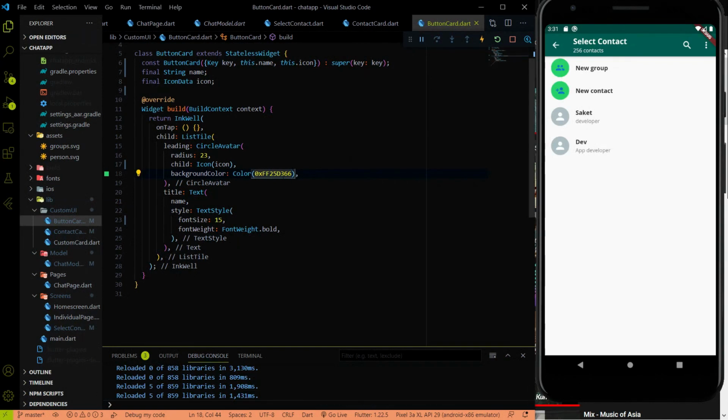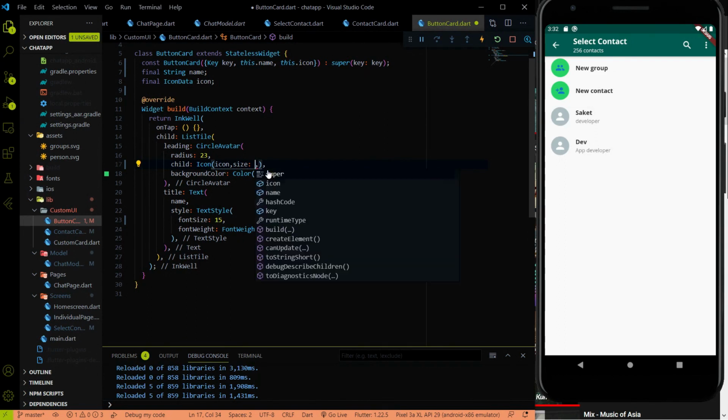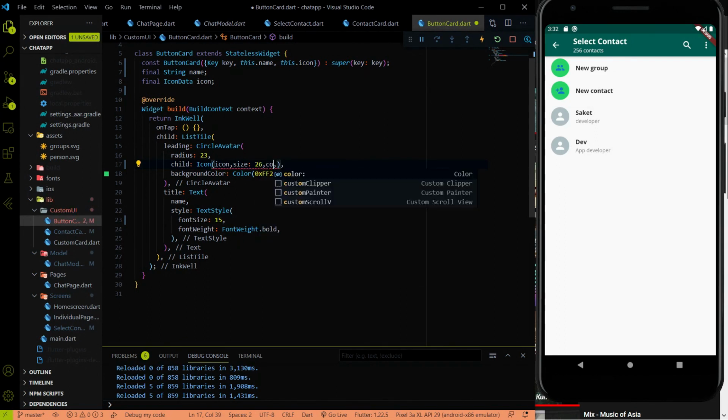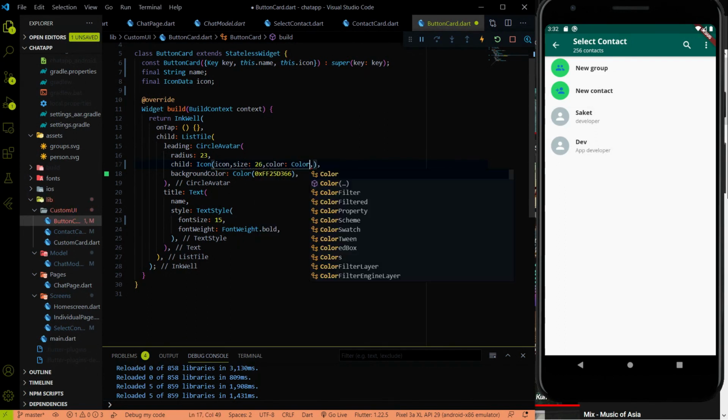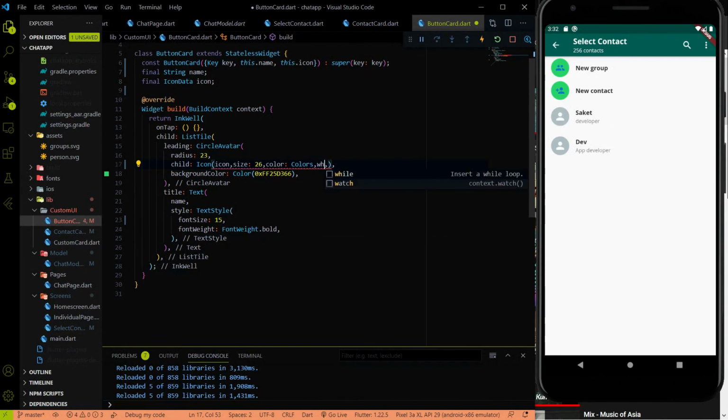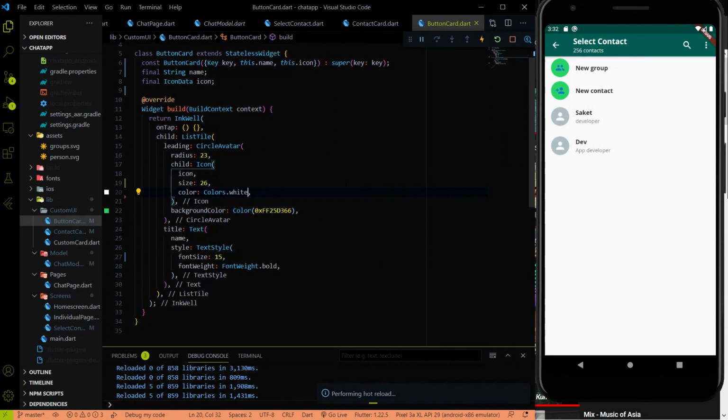Now the color is added. We just have to do one quick thing: add the size of the icon, which will be 26, and the color of the icon, which will be Colors.white. Okay, let me hit the save and see the changes. Now you can see that it is looking like the WhatsApp one.